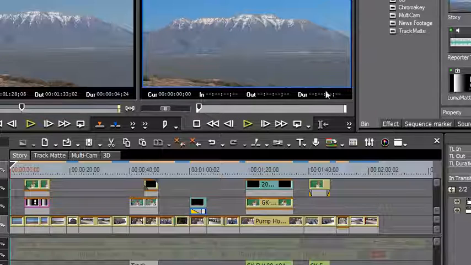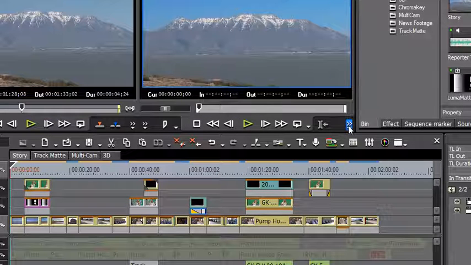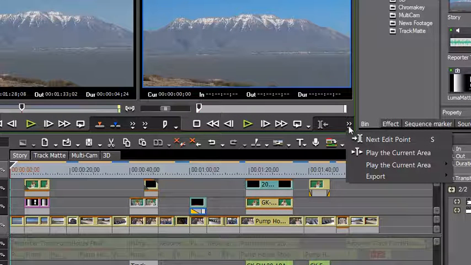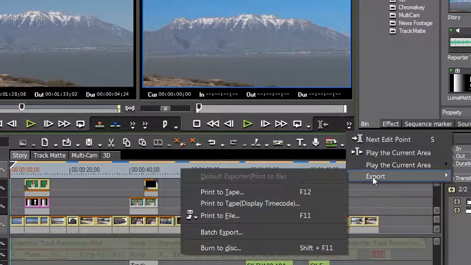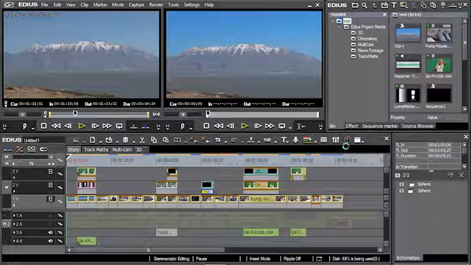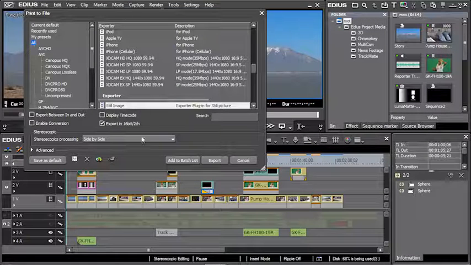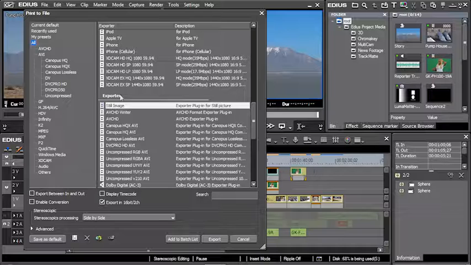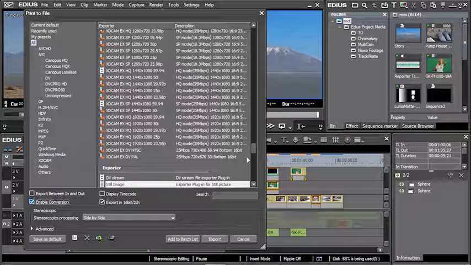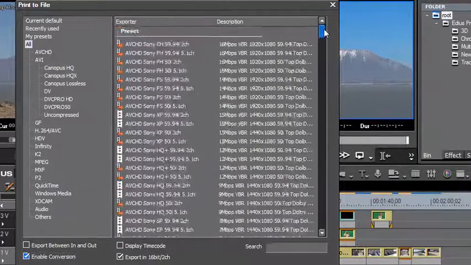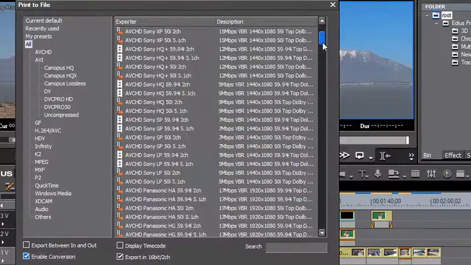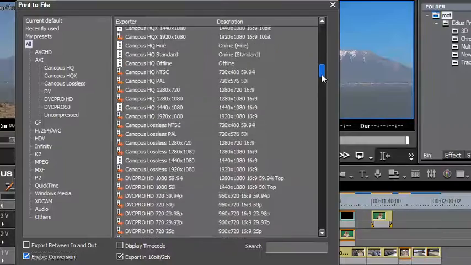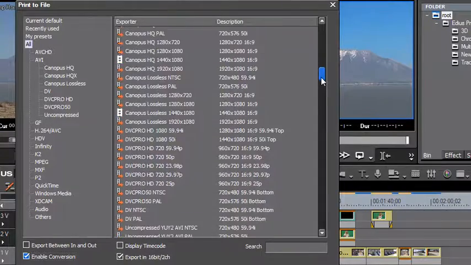So basically, if the screen was a little bit wider, you'd see a button here for this, but remember that little down arrow because my screen isn't quite wide enough, and I can go to Export and then Print to File. Once I select Print to File, you see this dialog box come up, and you're going to hopefully be fairly impressed here because if I enable conversion and select this, and then I start to go through all the presets that we have of AVC HD, of our own Canopus Lossless and HQ and HQX,